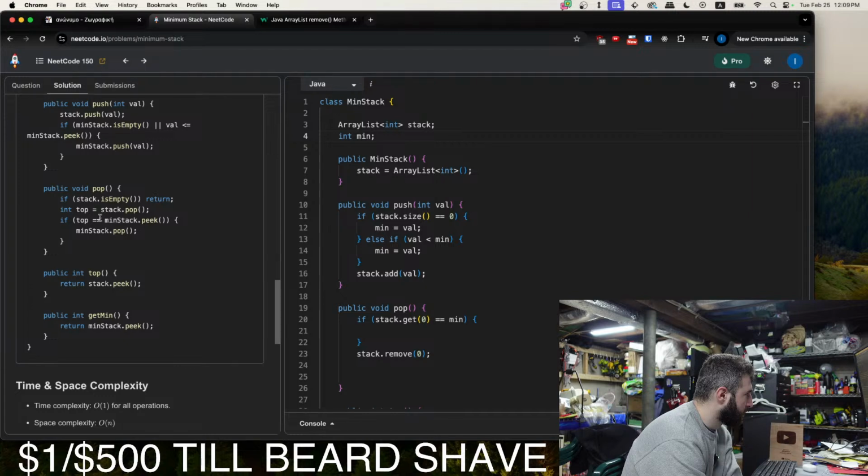At this state, we pop. If top equals minStack.peek... we pop, it's 5. Is it equal to minStack.peek? No. So we don't pop from the min stack, but we pop from the main stack. Ah, okay. I'm starting to understand it.